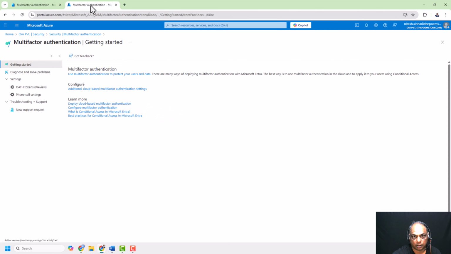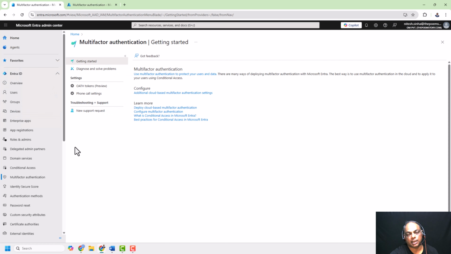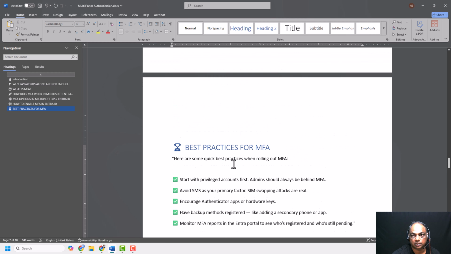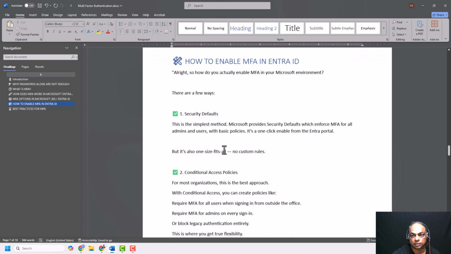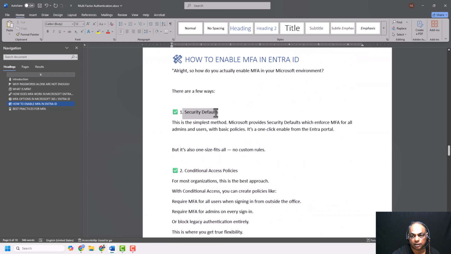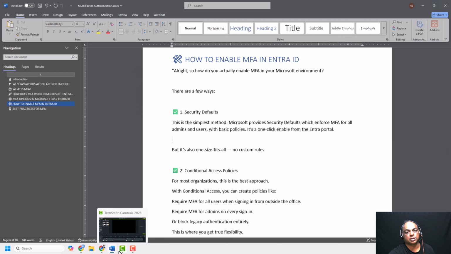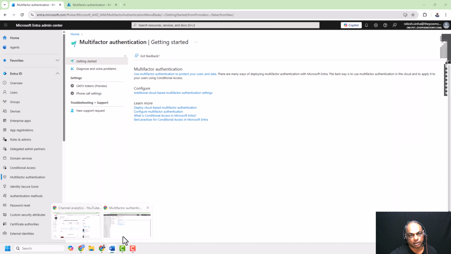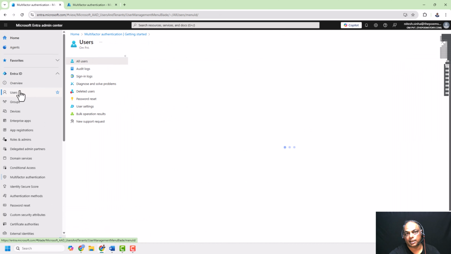All right. To demonstrate how multi-factor authentication works by default, the first option that we talked about is security defaults. If you have a free account, we will discuss this first, security defaults. By default, Microsoft protects your account with multi-factor authentication. Now, to demonstrate it, I will